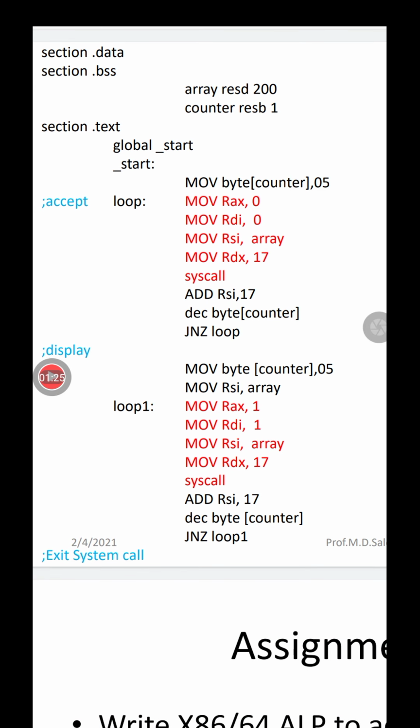see, we are accepting the numbers from the keyboard, so we don't have initialized variables that are to be declared under section .data. We are accepting it and then we are storing it. So we have to declare this particular array under section .bss. So for the array, we are declaring reserve double word.